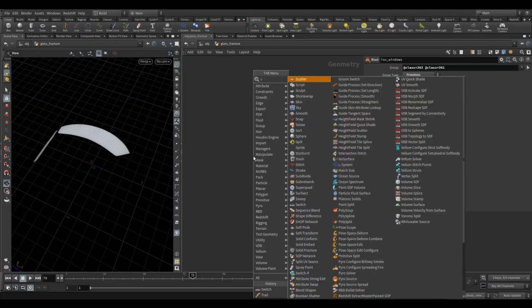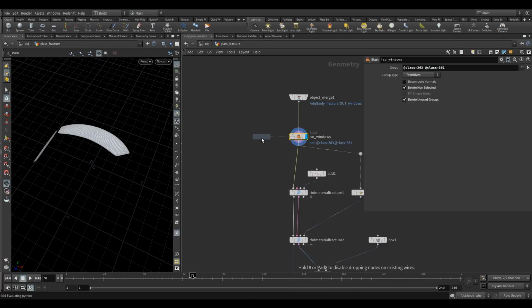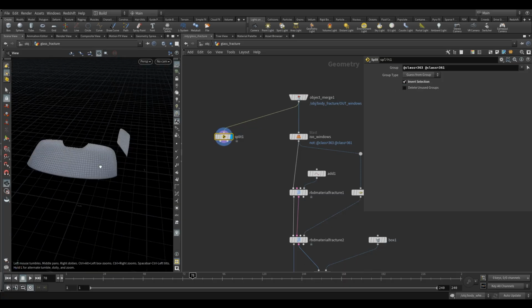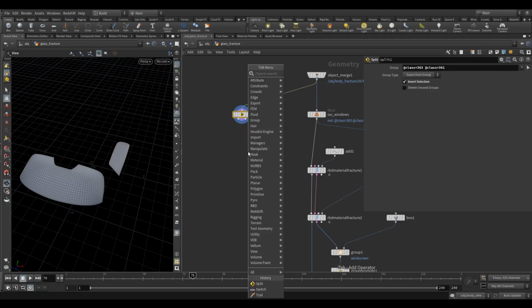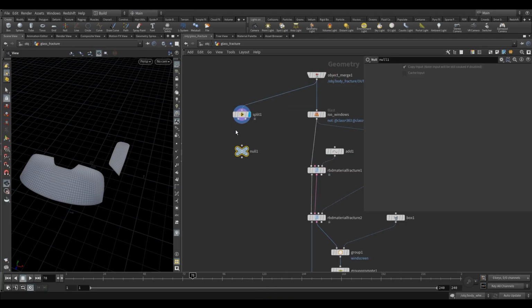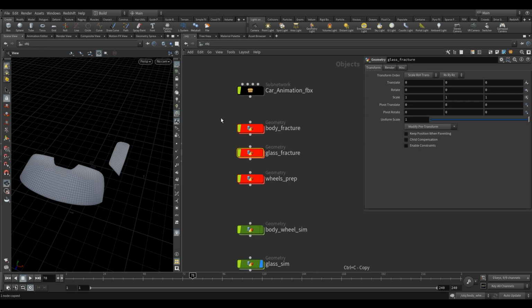So I'm just going to grab a split, and I'm just going to put it here, and then just copy these values like that. Okay, and then if I do invert section, that gives me the ones that don't get broken. Okay, and then just drop a null for those. So let's call this split non-frac, and then let's do out non-frac like that. Okay, and then I could just copy this, and then the way to bring it in, if we go into